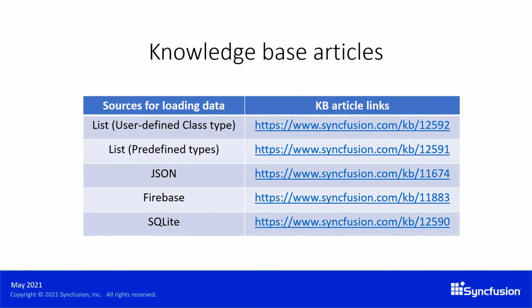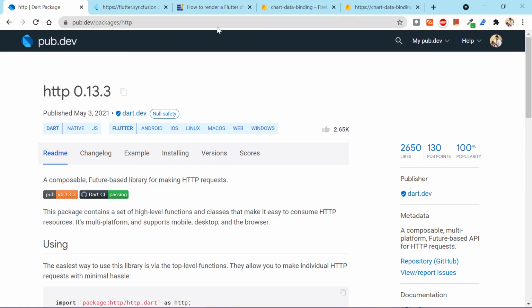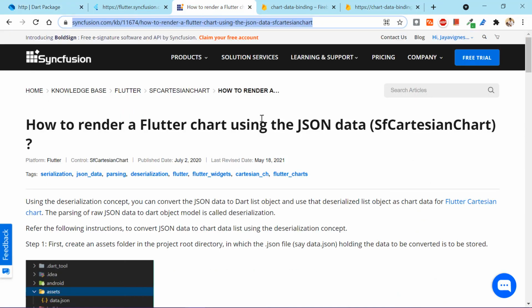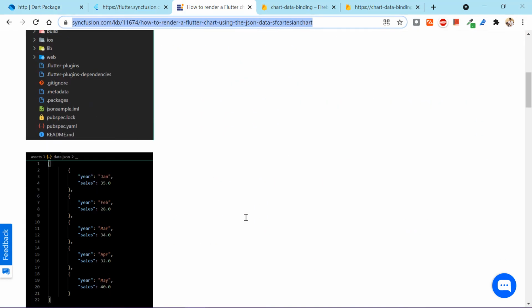And for your reference, we have also published these steps as knowledge base articles, and you can find them from these links. These articles have step-by-step procedures.